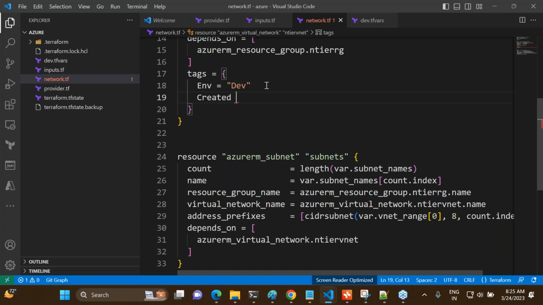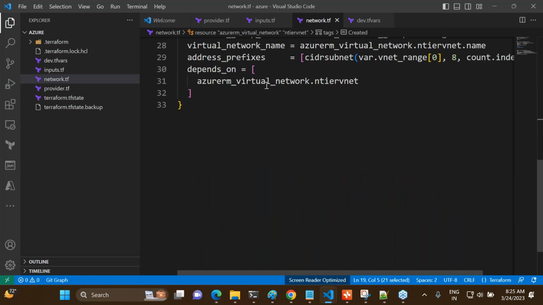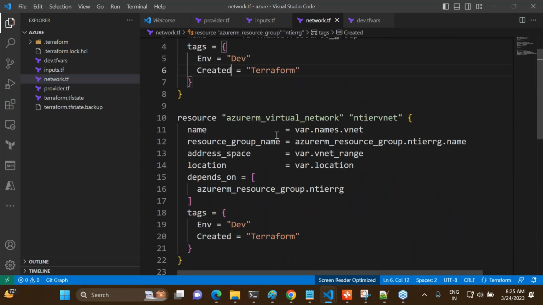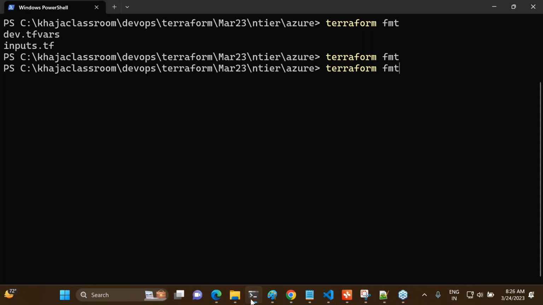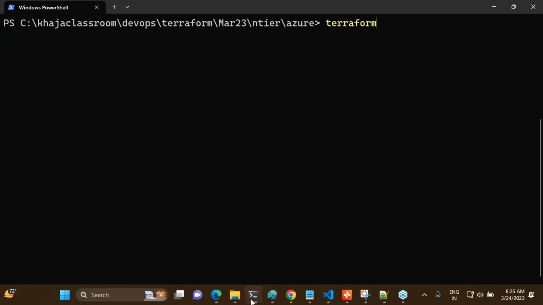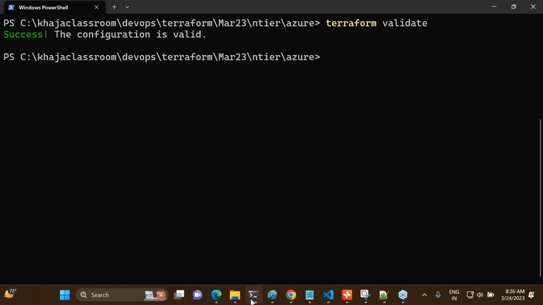Okay, fine. Now let us add this one also: created equals to Terraform. Let us give Terraform some credit for whatever it is trying to do. Or created by. Make sense? Right. Now let me do terraform fmt and then terraform validate. Terraform apply -var-file and then dev.tfvars, and then let me give